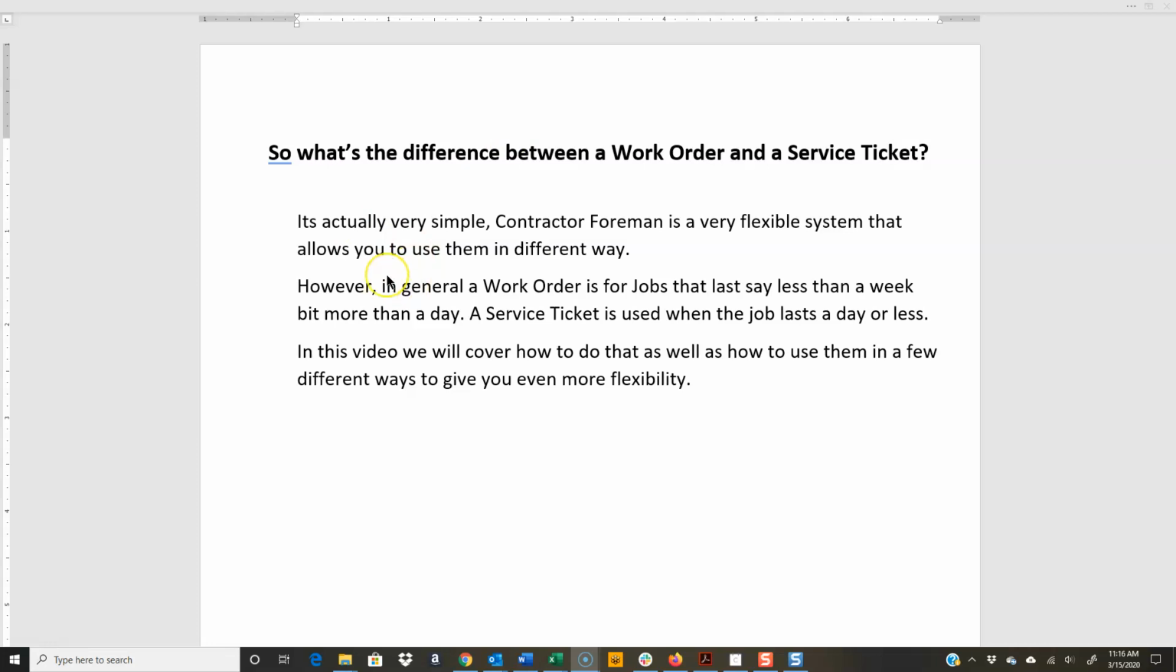In this video we're going to cover the difference between a work order and a service ticket. And for the most part, it's really very simple. Contractor Foreman is a very flexible system that allows you to use them in different ways. But in general, and that's what we're going to cover in this video, a work order is for jobs that